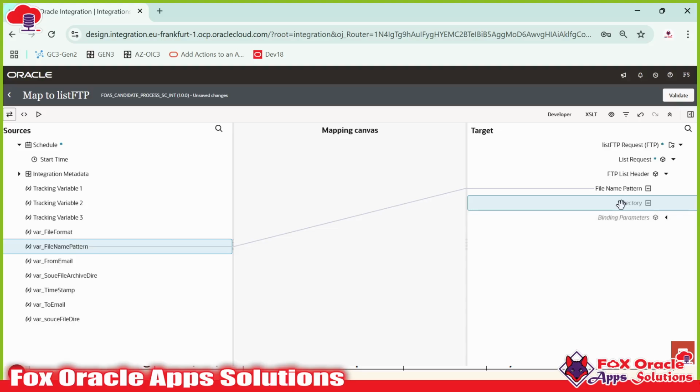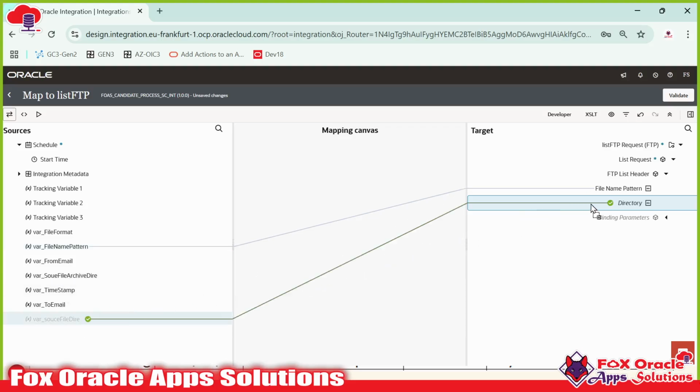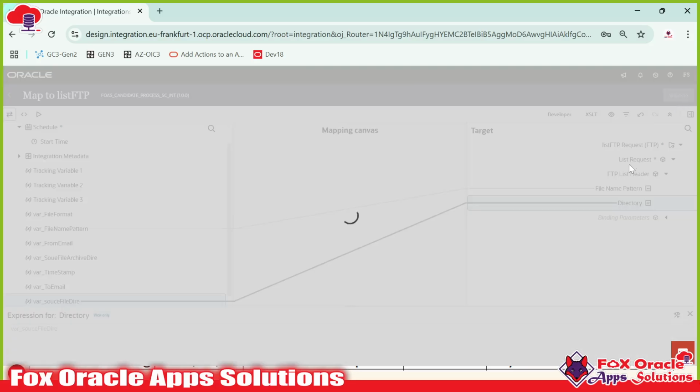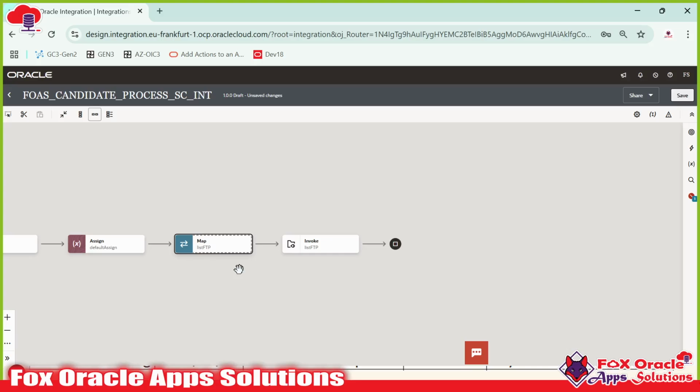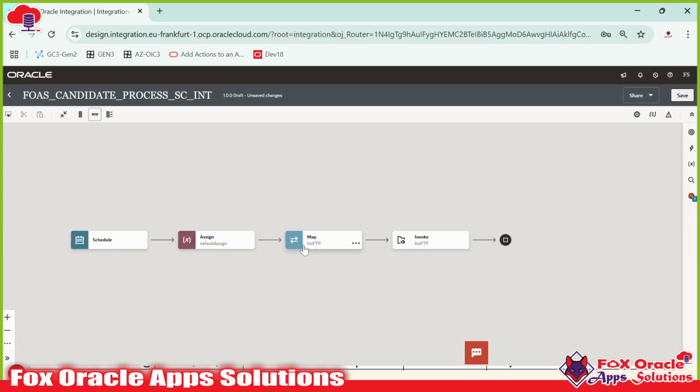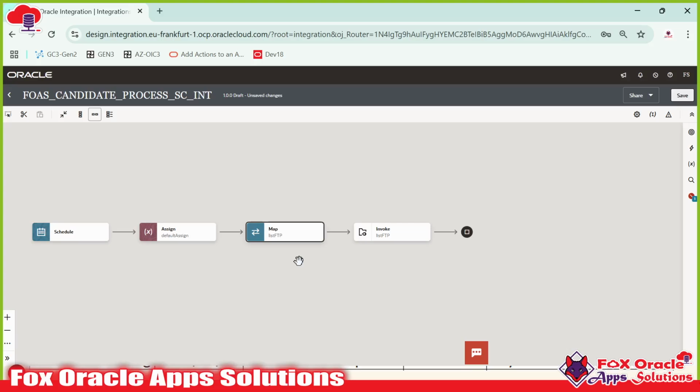So which directory do we have to pick? This is the source directory, which I already have as the source file directory. I will map this here. By providing this mapping, this endpoint will have these two details. Based on that, it will get the list of files present in that specific source directory. Now after getting these files from the source directory, we don't blindly go and download